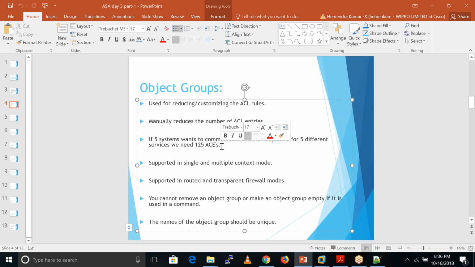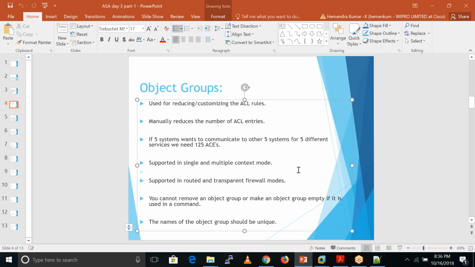If we use object groups, we just create one object group for these 5 systems, one object group for the other 5 systems, and one for the 5 services, and we can write one ACL for that. So it reduces our work. In place of writing 125 ACLs, we write only one ACL. That's it.